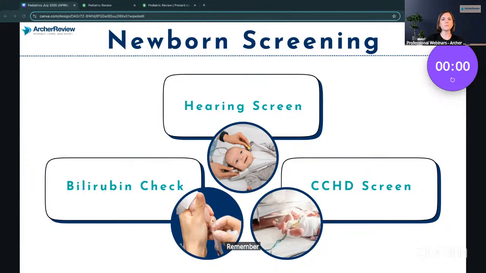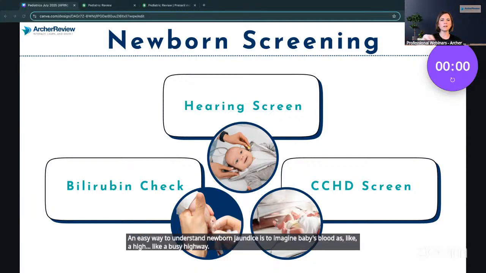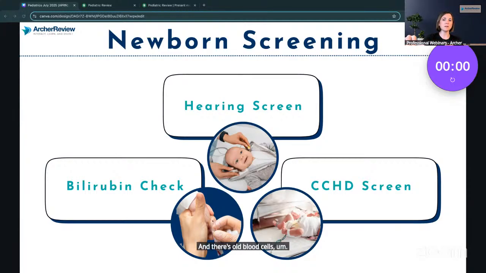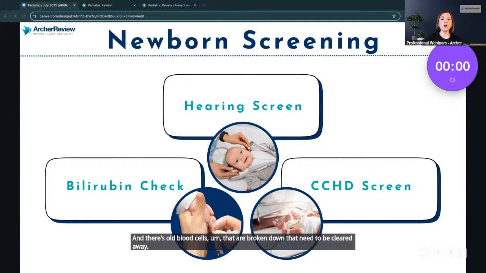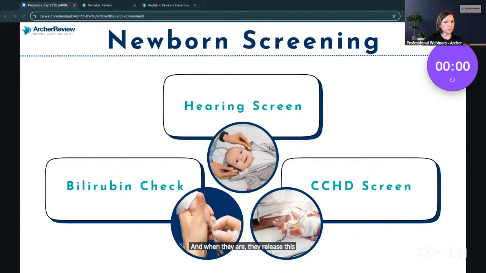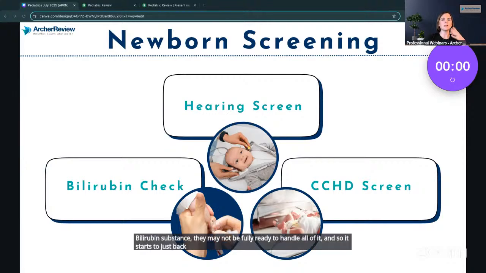So remember Bilitool. But jaundice occurs when there's too much bilirubin in the blood. An easy way to understand newborn jaundice is to imagine baby's blood is like a busy highway, and there's old blood cells that are broken down that need to be cleared away. And when they break down, they release this yellow substance called bilirubin. And in newborns, the liver, which is kind of like the exit ramp for this bilirubin substance, may not be fully ready to handle all of it. And so it starts to just back up in their blood,